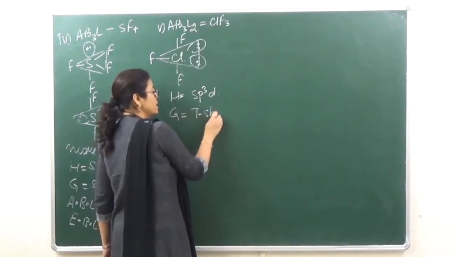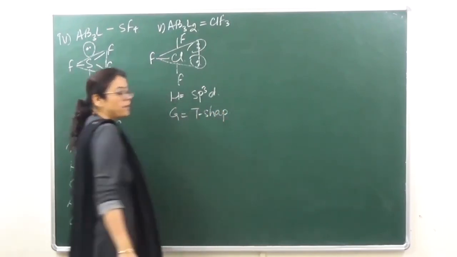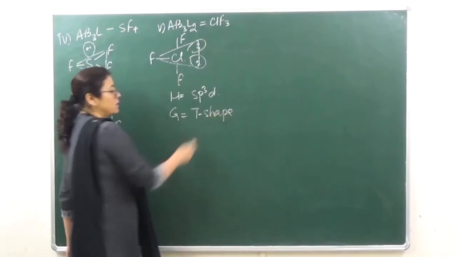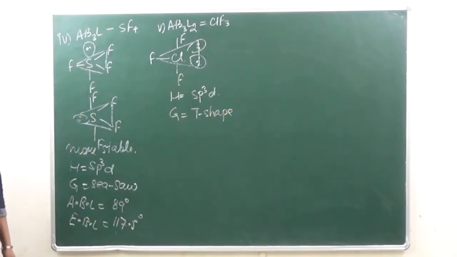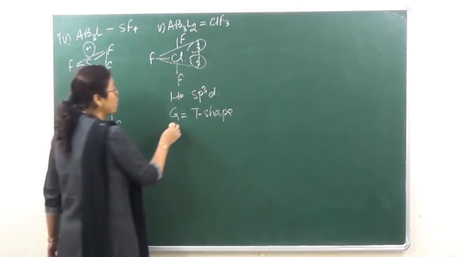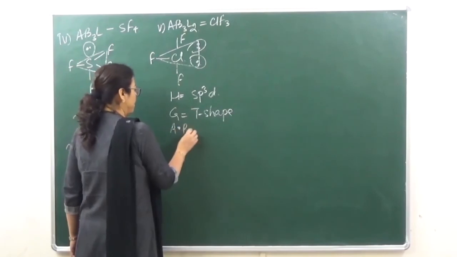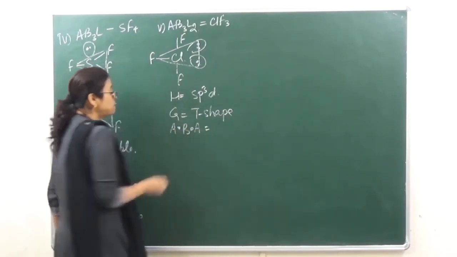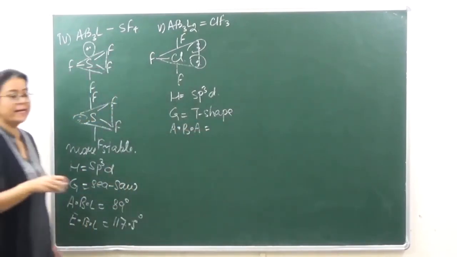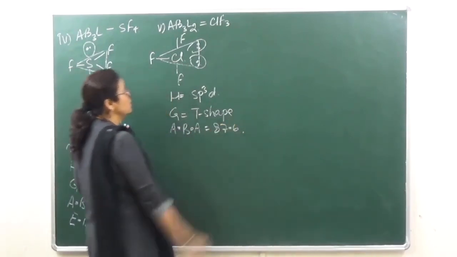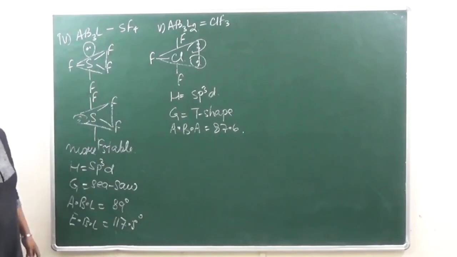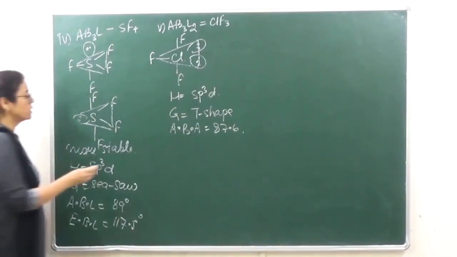Geometry is T-shape, right? The geometry in this case, that is going to be T-shape. Clear हो गया? And the axial bond angle, that is equal to 87.6 degrees. ठीक है? Then the next one which we are going to do, the sixth one,